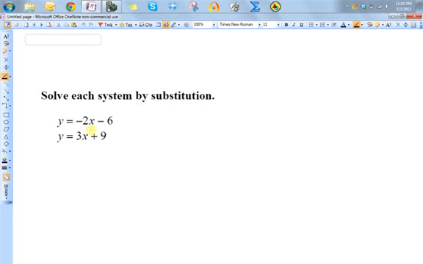Okay, if I want to solve this system by substitution, substitution says solve one of the equations for one of the variables and then take that expression and substitute it into the opposite equation. So each of these are already solved for y, so half of the work is already done for me. So what I'm going to do is I'm going to take the first equation,